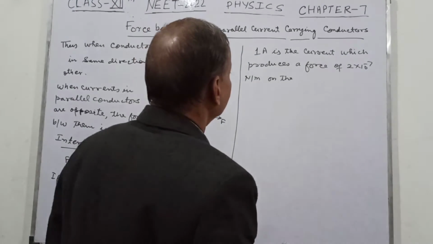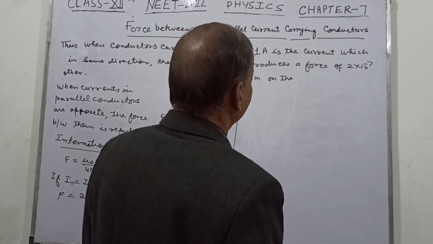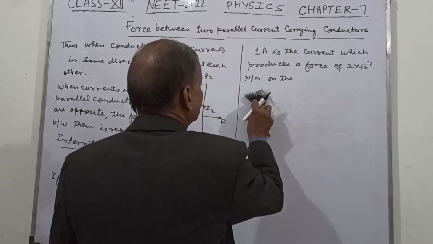Now 1 ampere is the current which when passed through two parallel conductors